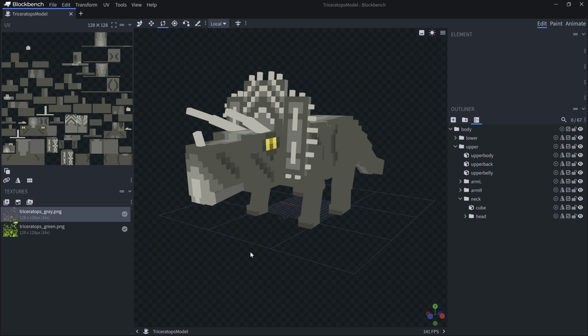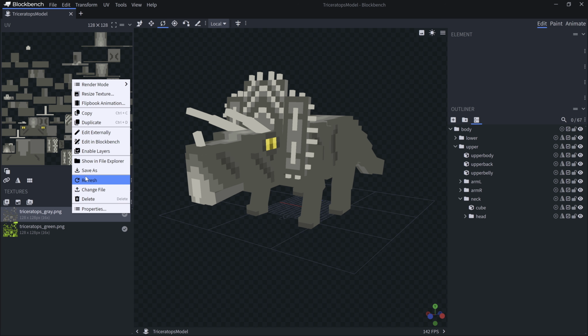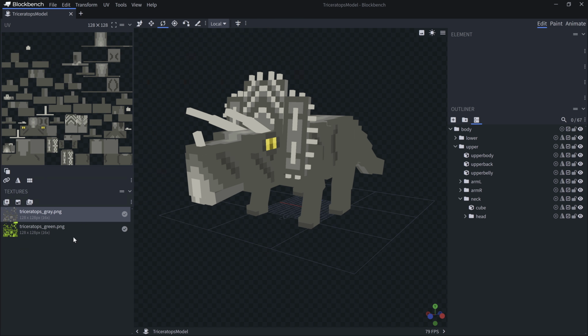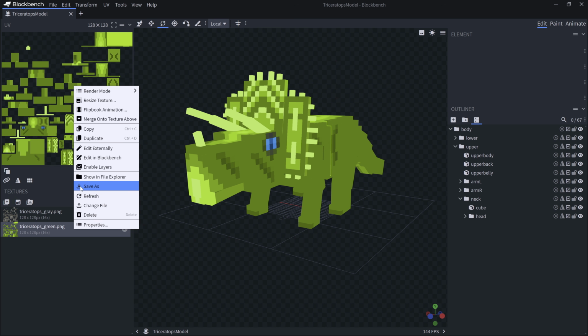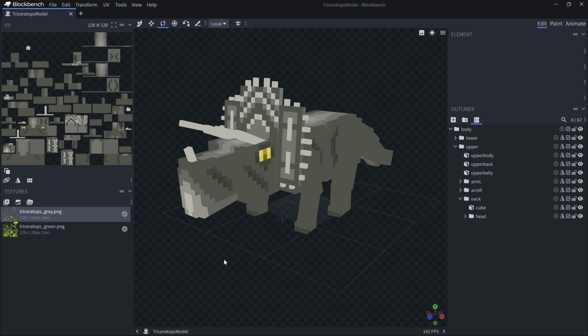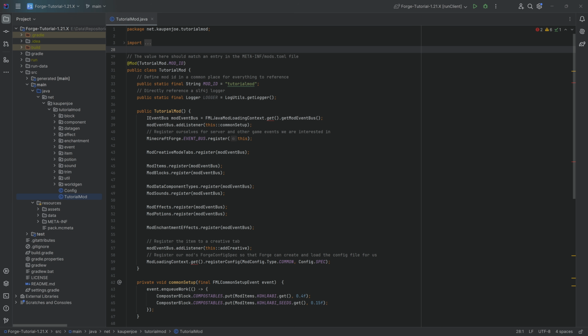The last thing to export is the textures over here. For that, we basically just want to right-click the texture, Save As. This is Triceratops_gray.png. We're going to save this, and the same thing goes for the green one over here. Even though we're not using it right now, we're still going to right-click, Save As. And the same thing, Triceratops_green.png, and there we have it. And those are the 4 files we need to export from the Blockbench file,